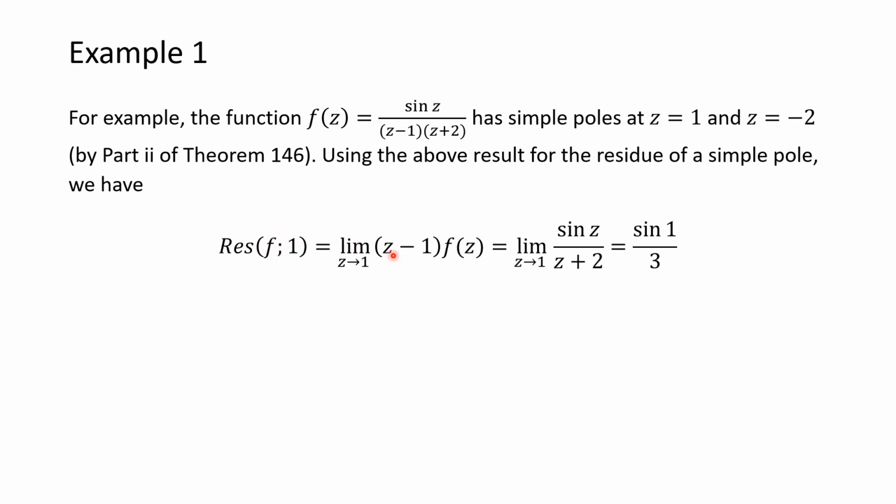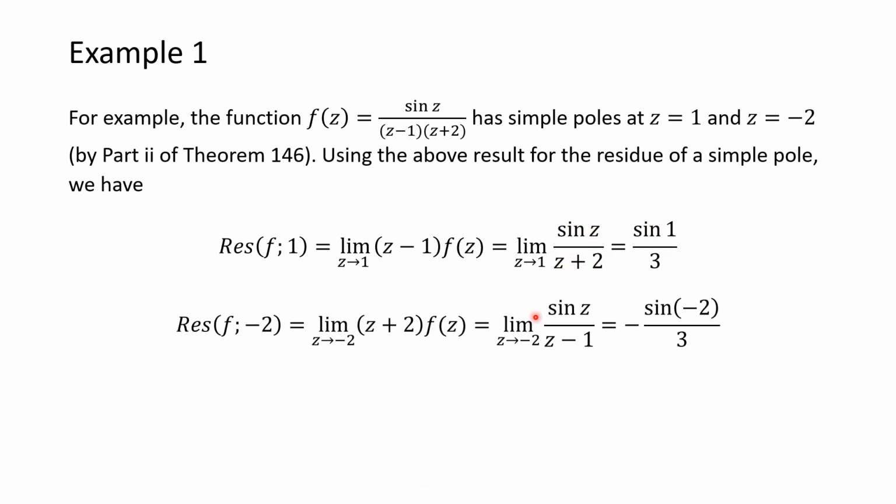We multiply by z minus 1 times f of z. We take the limit. So we have the limit as z approaches 1 of sine z over z plus 2, and that gives us sine 1 over 3. Then we do the same thing for